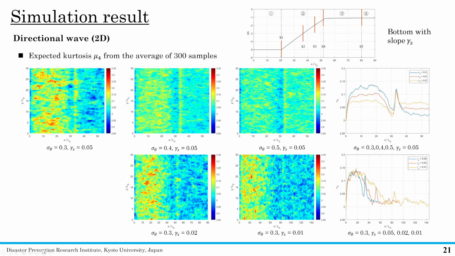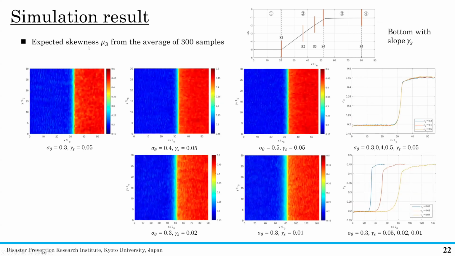And that is the result of the skewness. It means the second order. In second order, we can see almost no difference, because second order maybe does not depend on the initial condition and its spectrum. From our result, the spectral bandwidth only affects the third order. The third order is related to the spectral bandwidth. It means the modulation effect, and the second order effect only depends on the bottom. That is very similar to our common sense about wave theory.